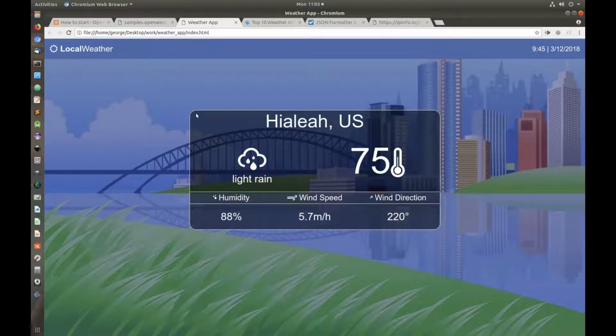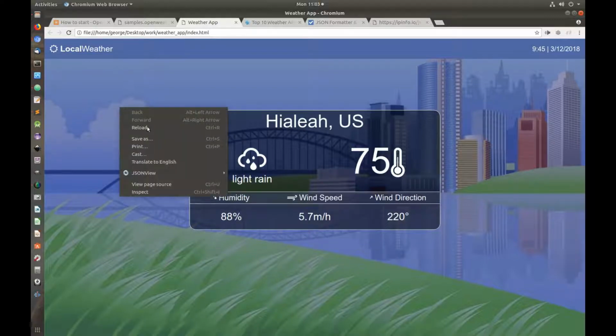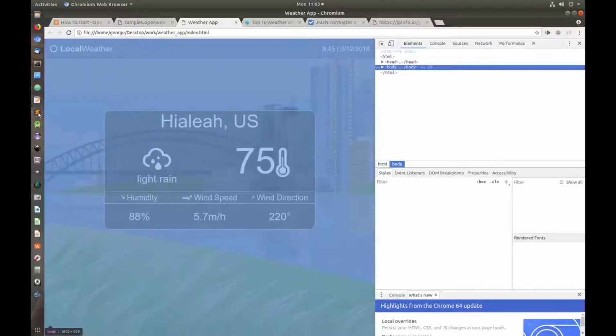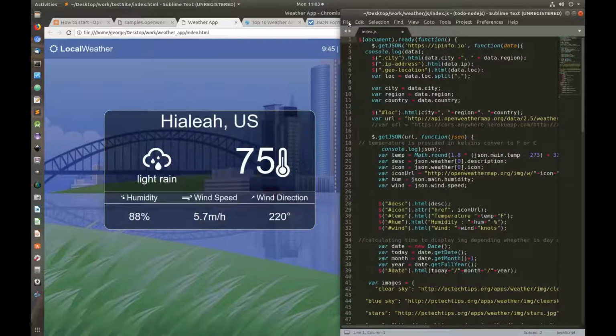In this first section, we are going to build the user interface using Bootstrap, and then in the next section we are going to build the functionality of the app using JavaScript. So let's get started. I'm going to open Sublime, and I'm going to head over to my terminal,